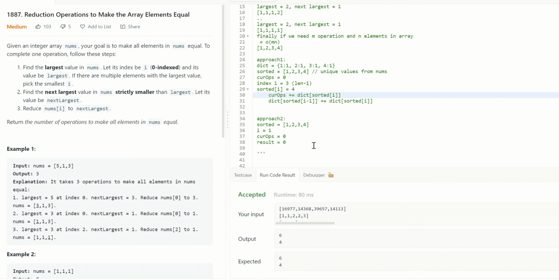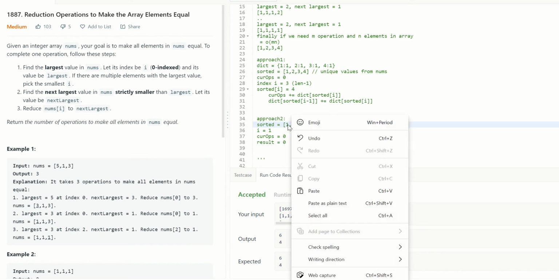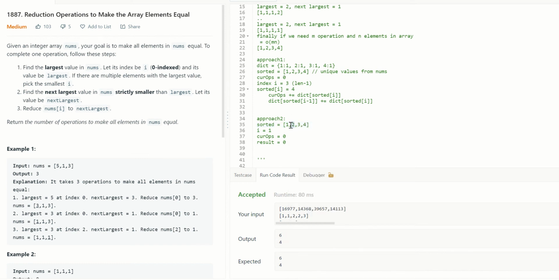What we are going to do is we will keep track of only the sorted array, and try to work out the same approach that we were doing, right? So to see if there is any formula that we can come up with. So in this case, how many elements are lesser than 2? Lesser than 2, there is one element, right?